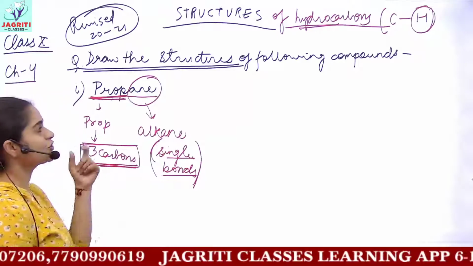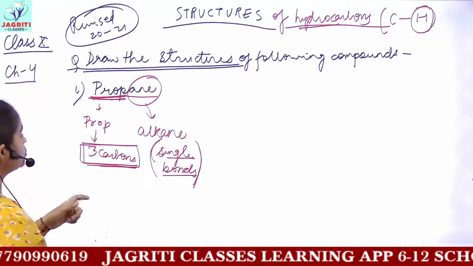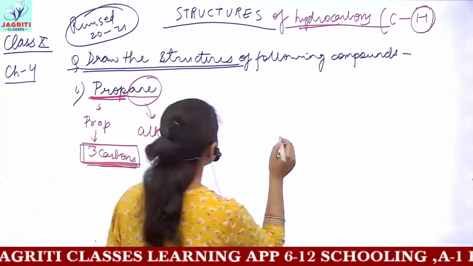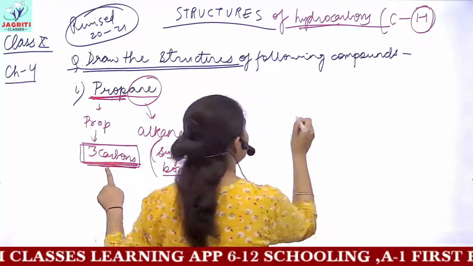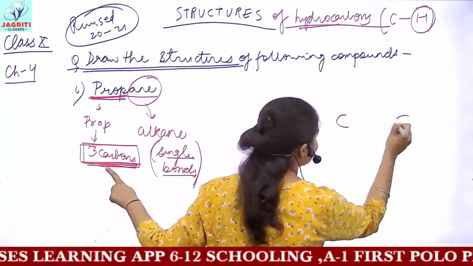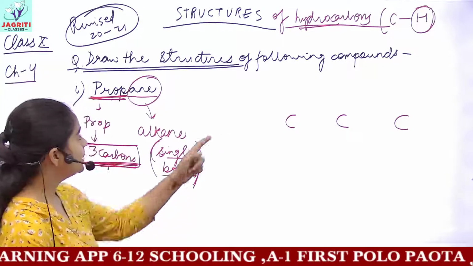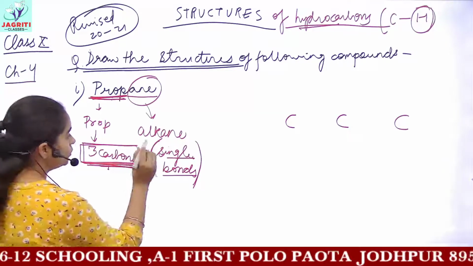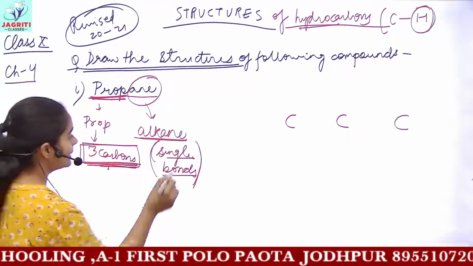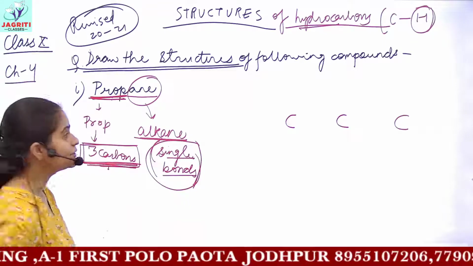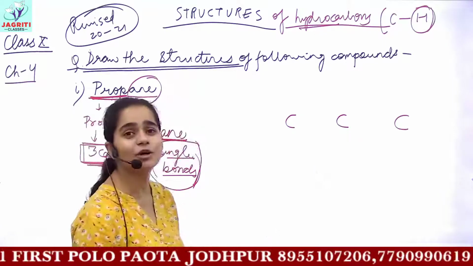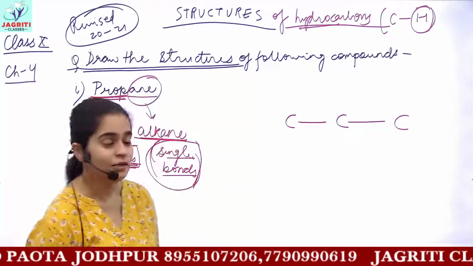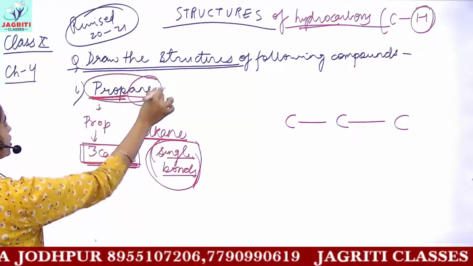So let's now actually start to draw the structure. So firstly, draw the number of carbons which you have in your structure. So because we have 3 carbons here, in the structure I am drawing my 3 carbon atoms, okay? So this would be the starting of the structure of propane. Then because you know it is an alkane, and alkane contains only single bonds, I'll join my carbons with single bonds. Single bonds mean single lines, with which I'll join all the carbons. So this is how I can make the structure from the name.